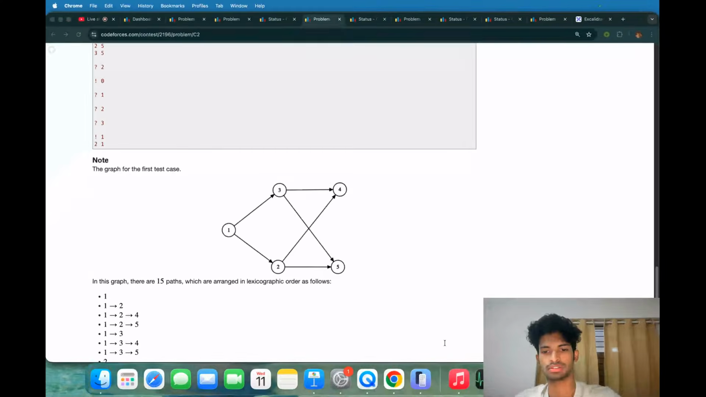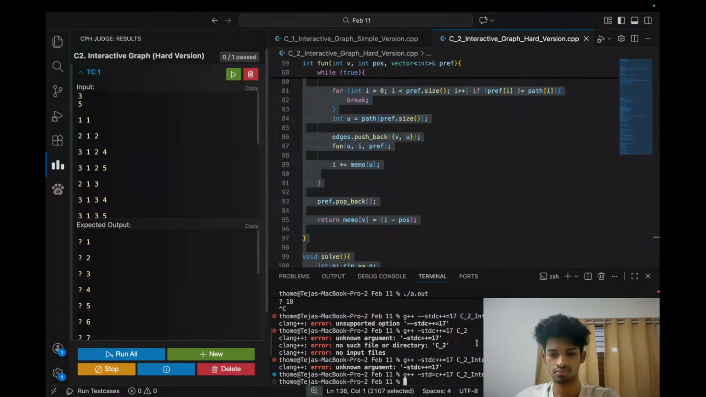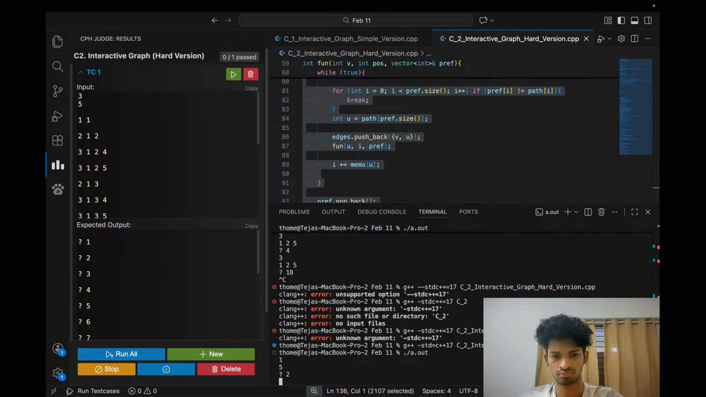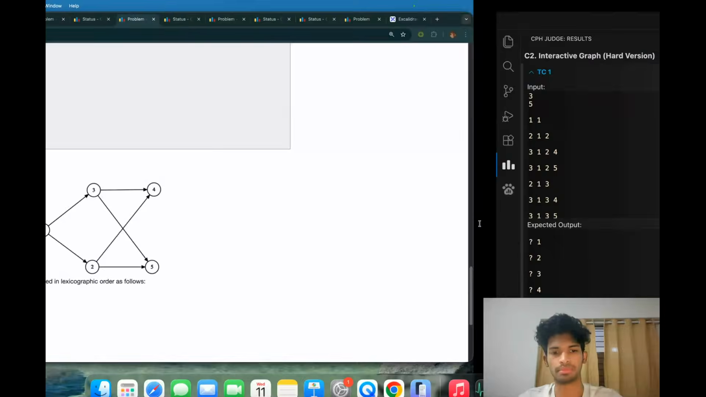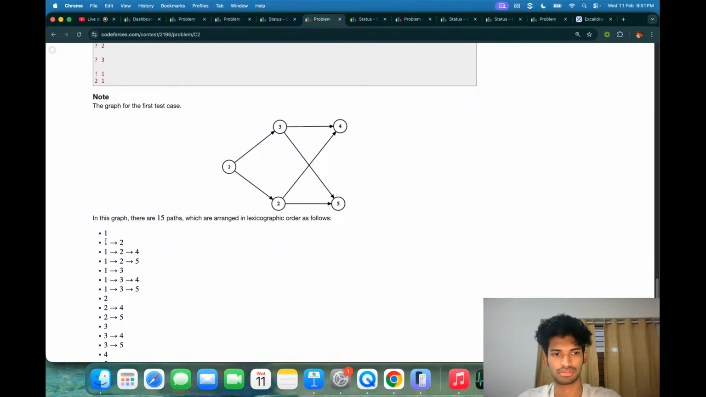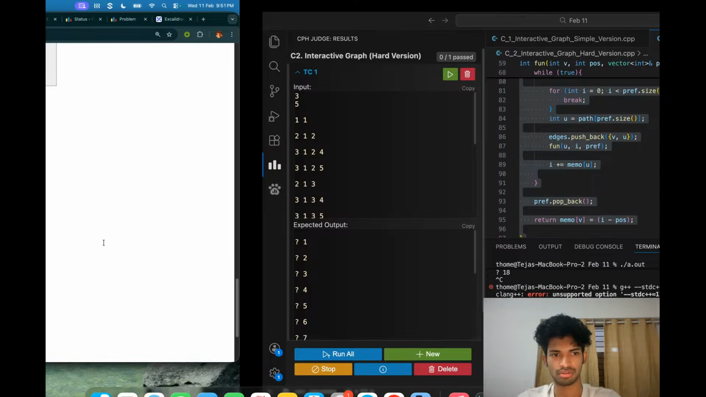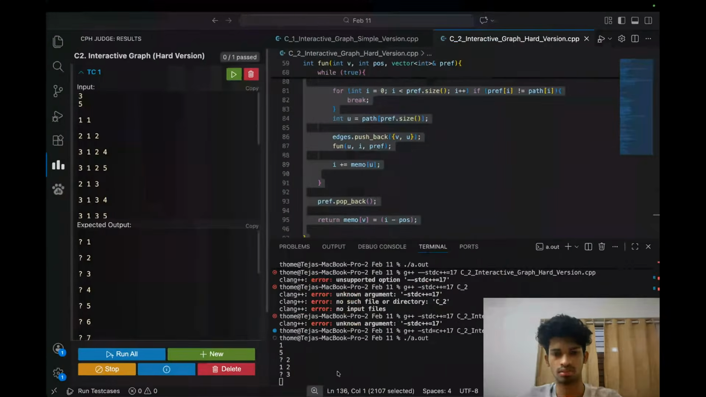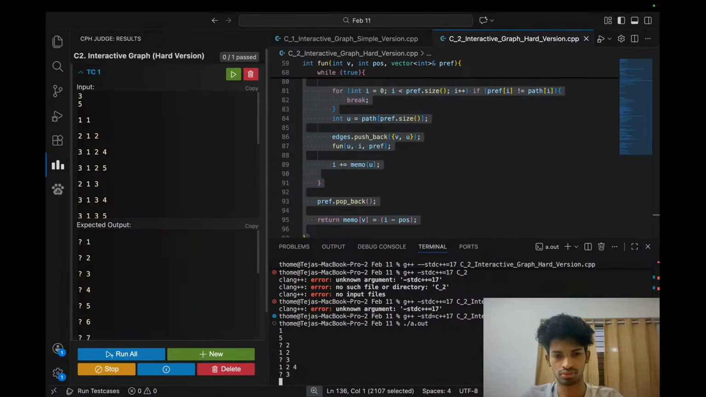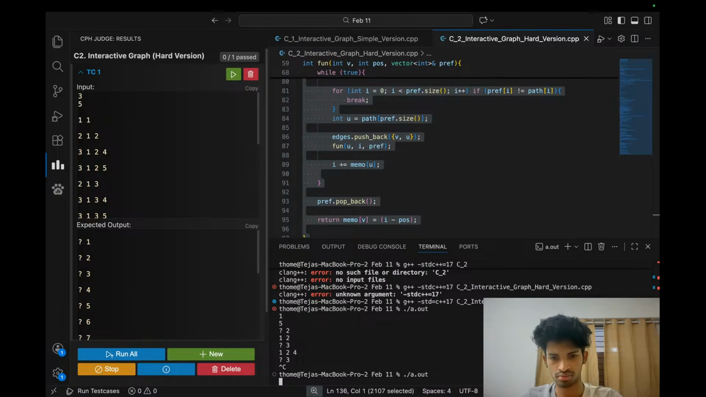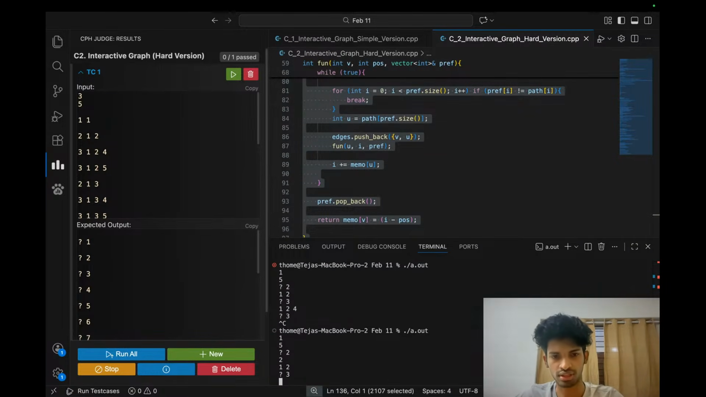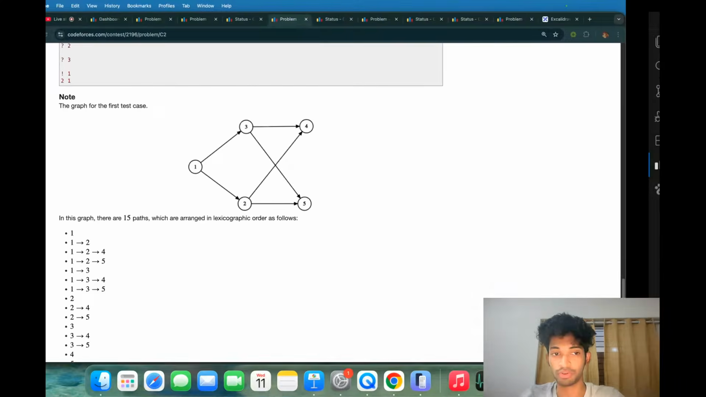Try this. It's asking me what is second path. If I do 1 and 2, it's asking me what is third path. I'll do 1 and 2 and 4. Oops. It's asking me what is second path. I'll do 2, 1 and 2. Asking me what is third path. I'll do 3, 1, 2, 4. Asking me what is fourth path. I'll do